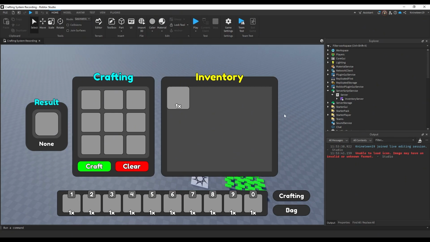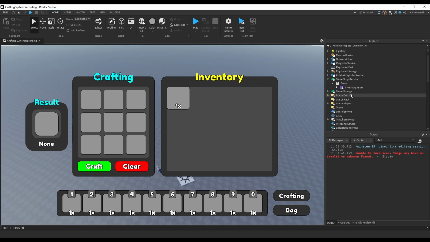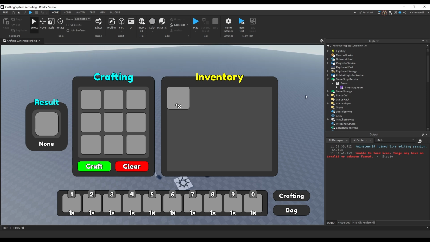In the last episode, we set up the user interface for the crafting system. In this episode, we're going to be setting up the outline for the scripts, or just creating the scripts, and I'm going to talk about what each script is going to do. And we're also going to set up the types module, similar to what I did in the most recent version